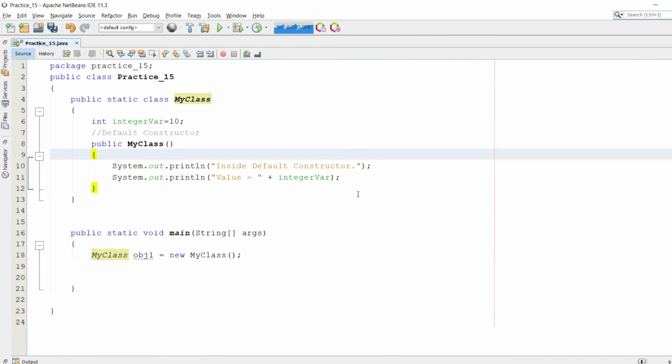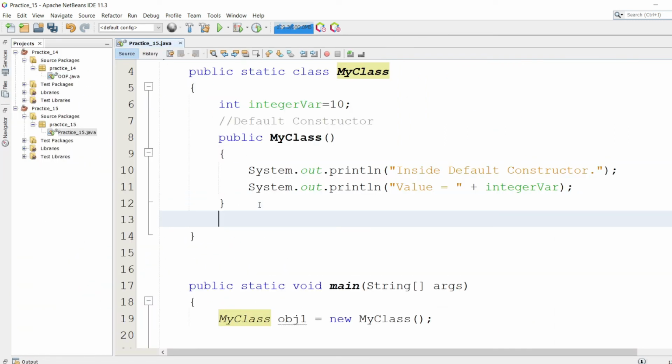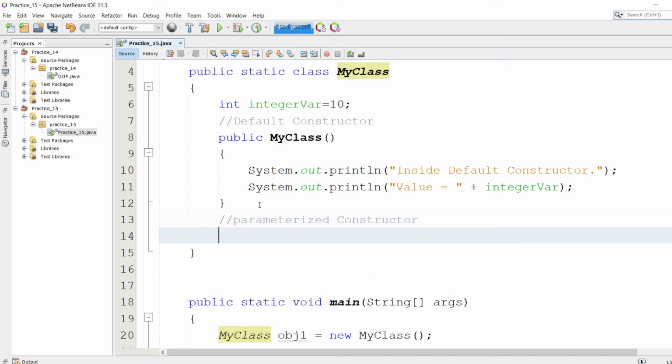So let's see another one. If we create another constructor, like a parameterized constructor, then you create a parameterized constructor here, public MyClass, and you need to give some parameter here. I'm going to give a new integer var.